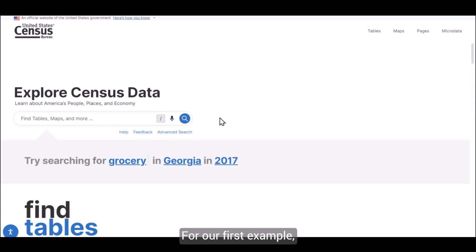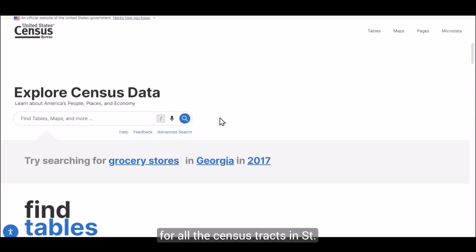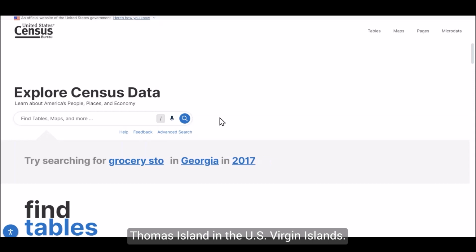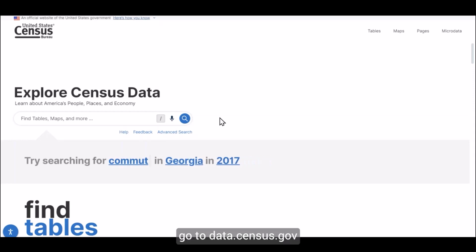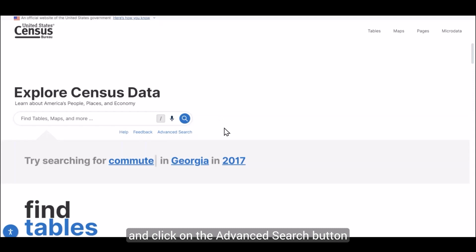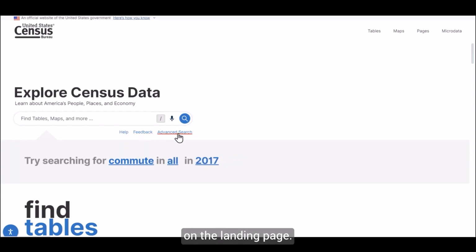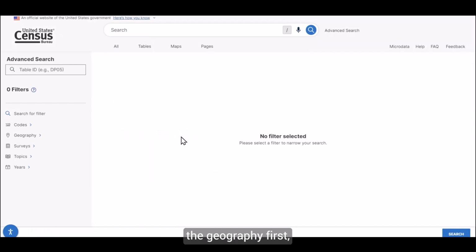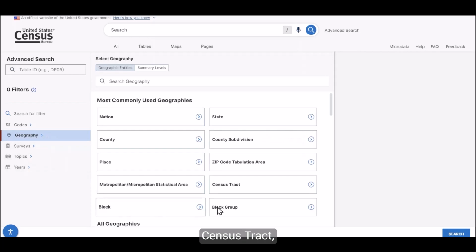For our first example, let's find data on the household income categories for all the census tracts in St. Thomas and the U.S. Virgin Islands. To start, go to data.census.gov and click on the Advanced Search button found beneath the search bar on the landing page. I always like to select the geography first. So from the lower left side of the screen, click on Geography, Census Tract,